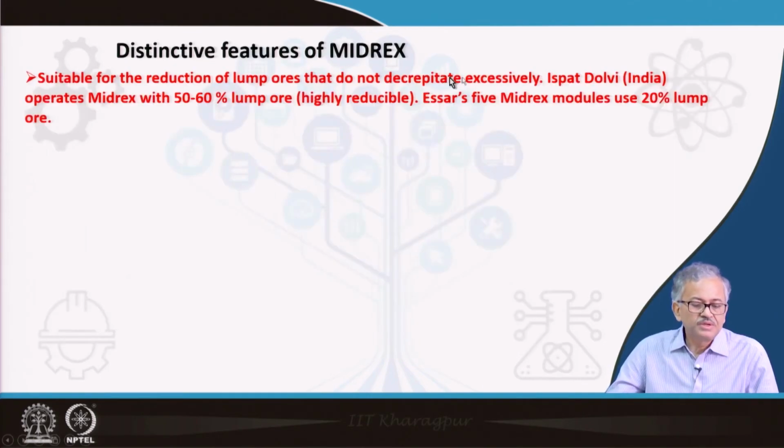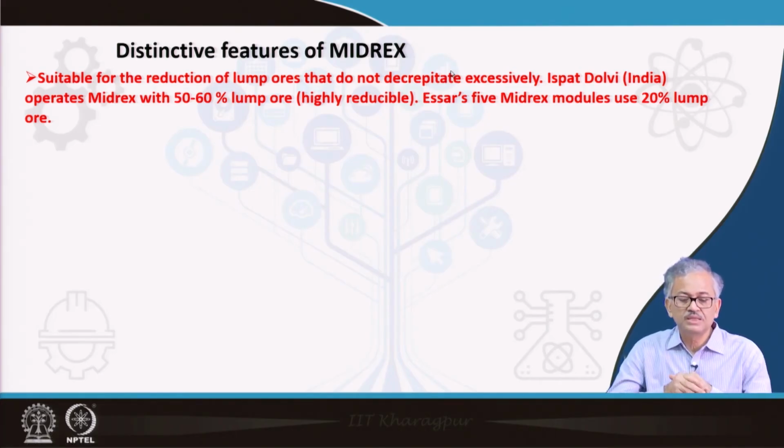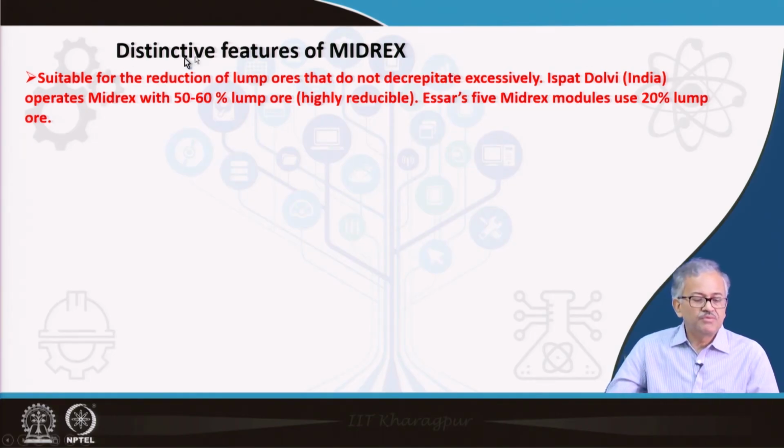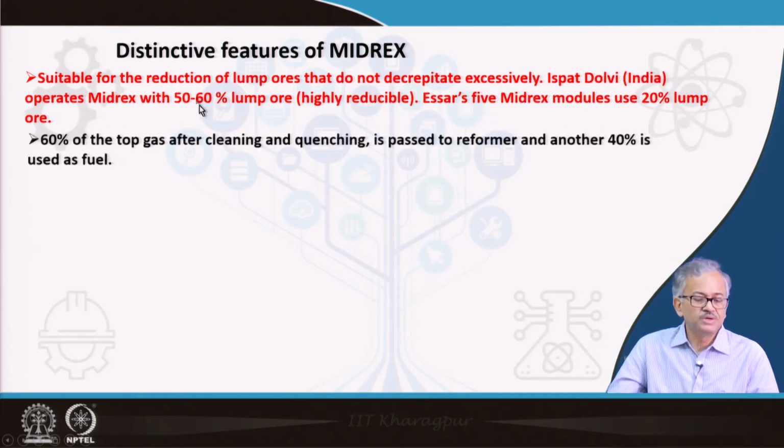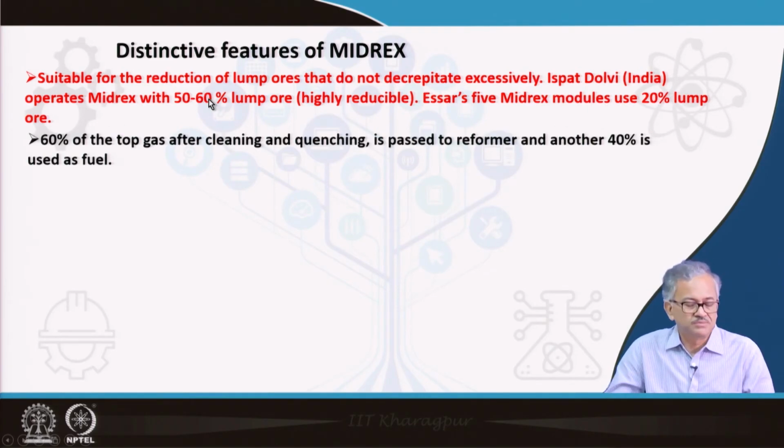So some of the distinctive features of the Midrex is that it is suitable for reduction of lump ores that do not decrepitate. That is very important. Some lump ores decrepitate at lower temperature, 400 to 900, and this decrepitation generates a lot of fines. So too much fine generation will be a problem. So Ispat Dolvi India operates Midrex with 50 to 60% lump ore, highly reducible lump ore, and the SR5 Midrex unit uses 20% lump ore. So you can see in India so many plants are there, basically SR and